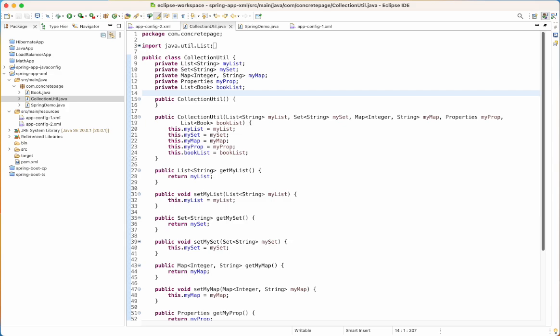In this video, I will discuss how to use collections in our bean to inject it. We will inject Java collections in our bean using XML configuration. So for the example, I have created a class CollectionUtil and it has some collection properties: list,